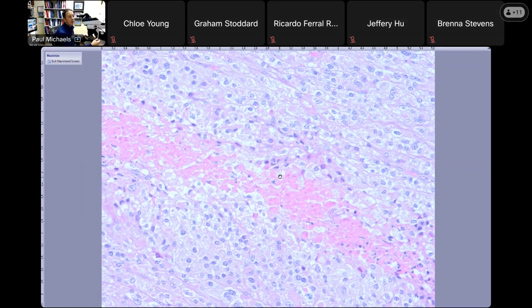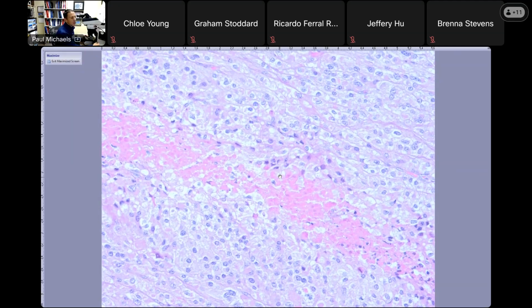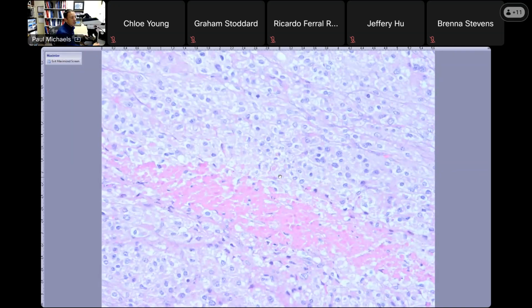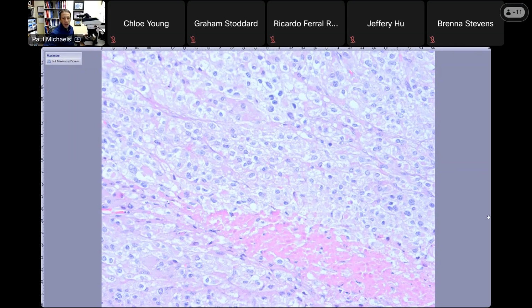hepatocellular carcinoma, renal cell carcinoma, SF1 is a good marker that's relatively new compared to inhibin and calretinin. SF1 is really good at distinguishing adrenal cortical tumors. Obviously, it doesn't separate benign from malignant. Now, for benign or malignant,